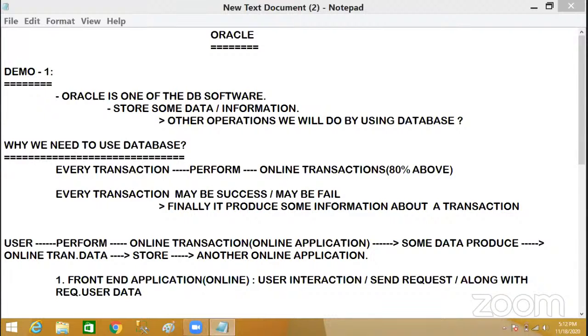So don't compare them. This course is Oracle, so we are learning only Oracle-related things. SQL Server things we can't implement in Oracle, and Oracle things we can't implement in SQL Server. That is very important to know. Everyone should first decide which database you want to learn, and based on that, choose your course. Okay, right. Next.